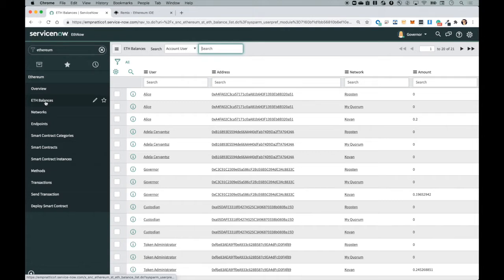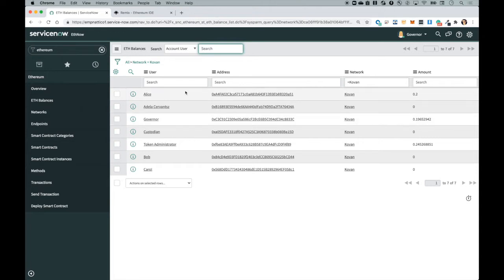On the other side, on a private network, this is not required as the cost of a transaction is 0 on this kind of network. So if I filter by the Kovan blockchain, for example, I see that my users Alice, the governor, and the token administrator actually have a non-zero Ether balance on the blockchain.